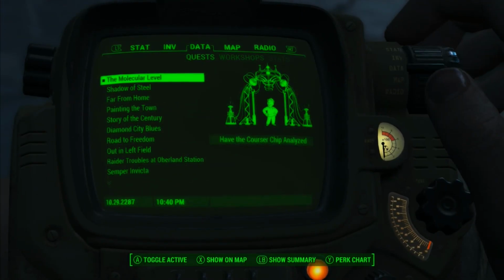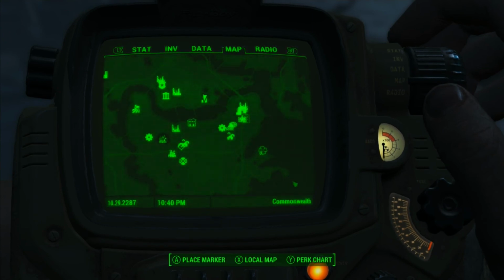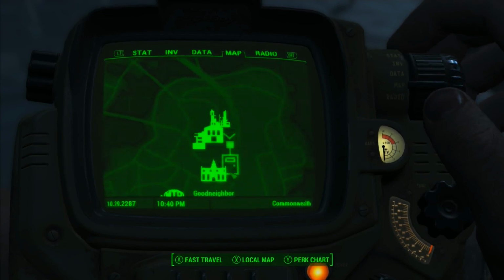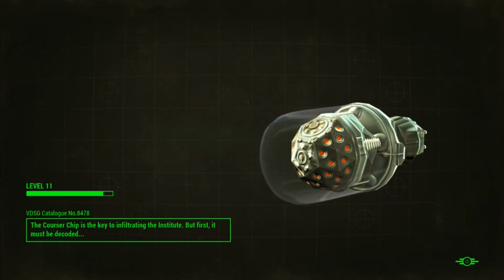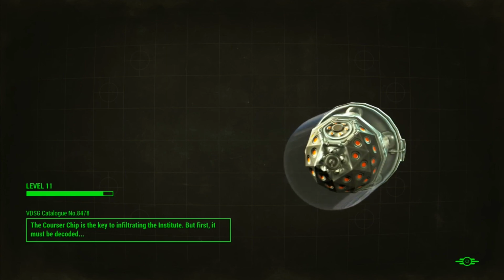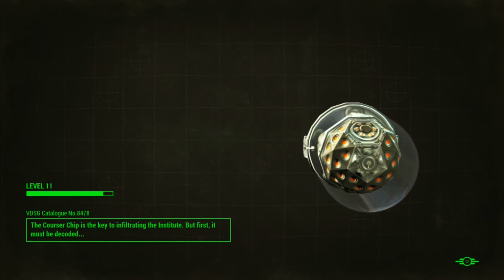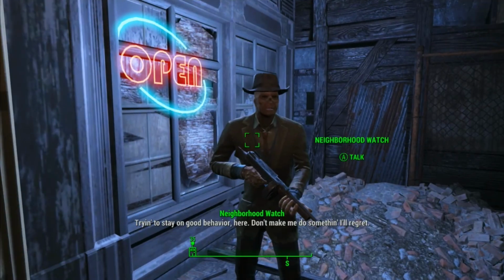Anyways, where am I supposed to go next? Have the Courser chip analyzed. And that means going to Good Neighbor. Alright, I'll fast travel over to Good Neighbor and then I think I'll call it an episode. It has not been fun. It's actually been a bit of a slog. And part of it is me being bad at video games. I'm aware that a lot of the frustration comes from...